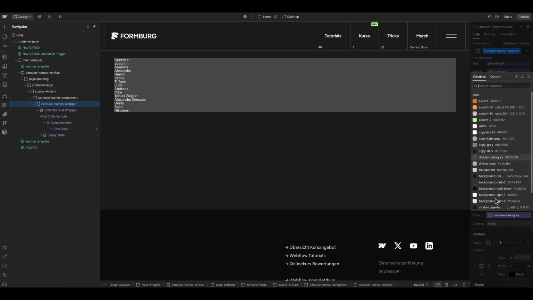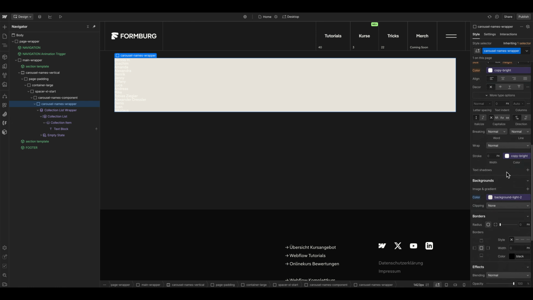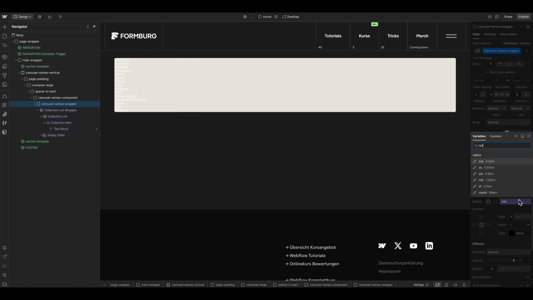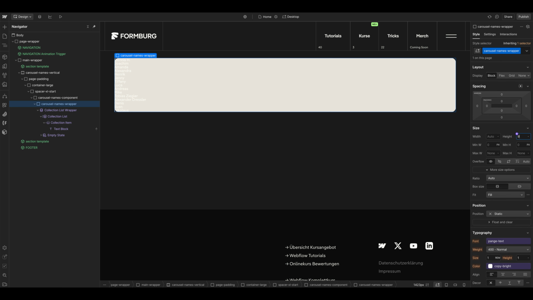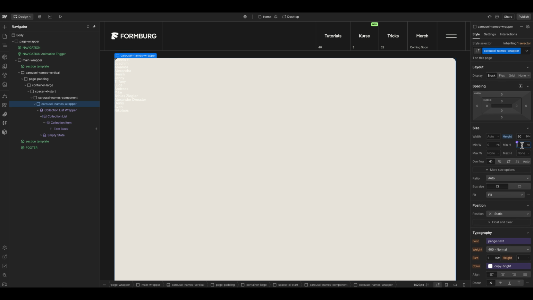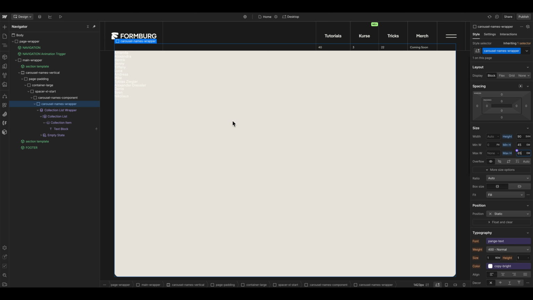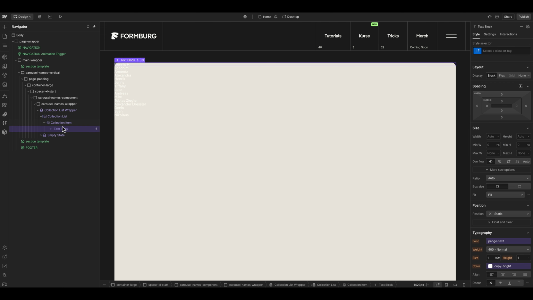Let's give it a bright background color. Let's use maybe a border radius of MD. And give it a height, in my case 90 SVH, minimum height maybe of 45 EM. You can also use REM, and my whole project is in EM, so I use this one. And maybe a max height of 65, so it doesn't go too large. In other words, it will still be a nice effect, but in my case I think this is good to show just the names.